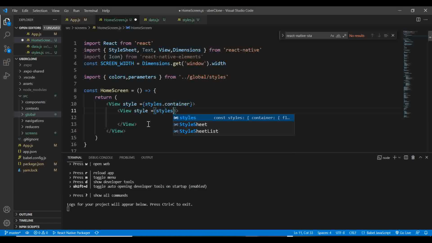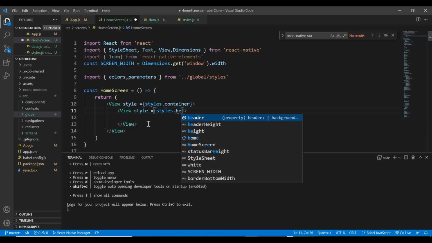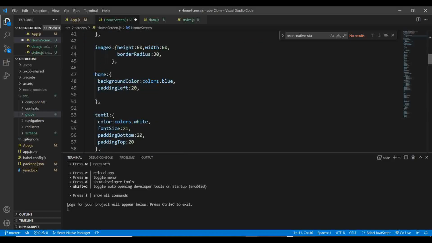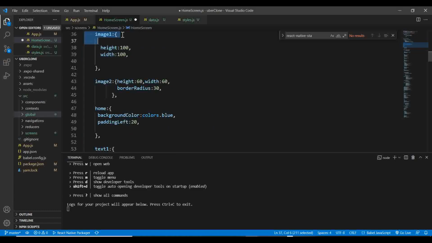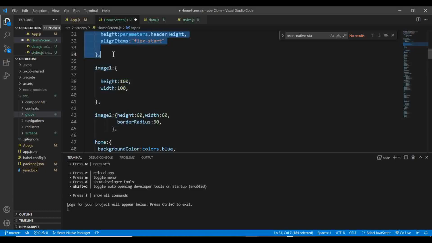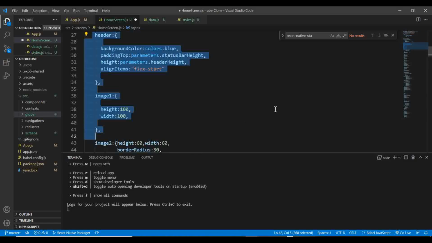Styles object, and we're going to pass it a style of header. If you check in your style sheet at the bottom here, we have the header style, which is here. You should have this. As I said, you can check this on GitHub, or you can type it yourself. It's up to you. So we have this header style here,